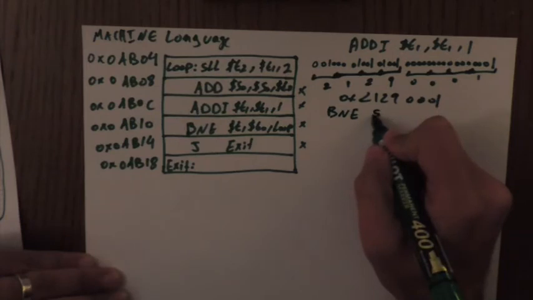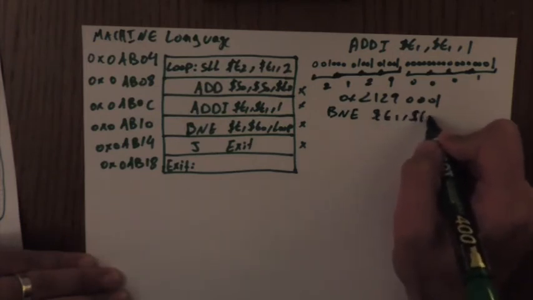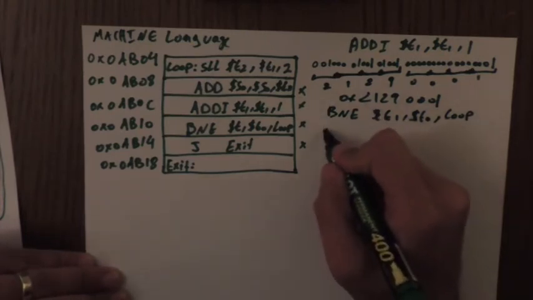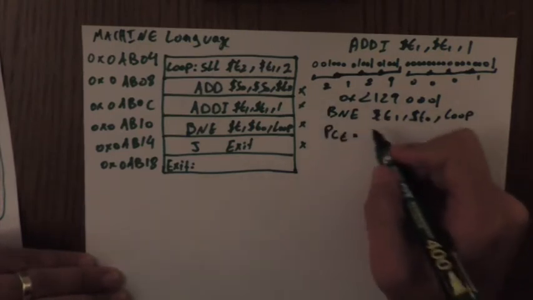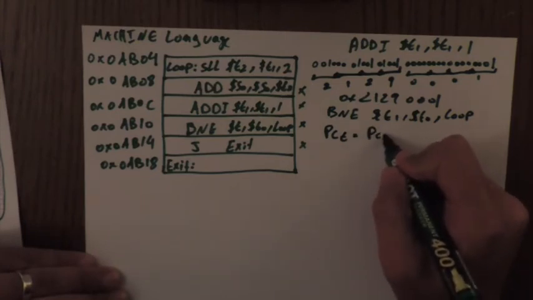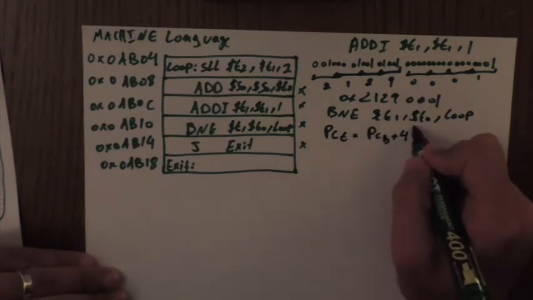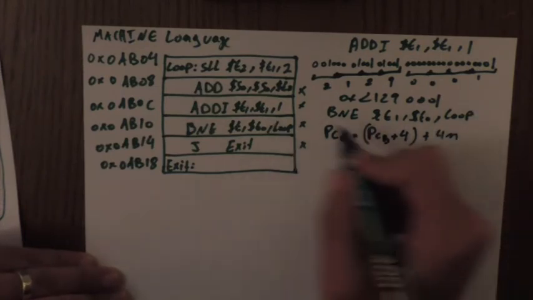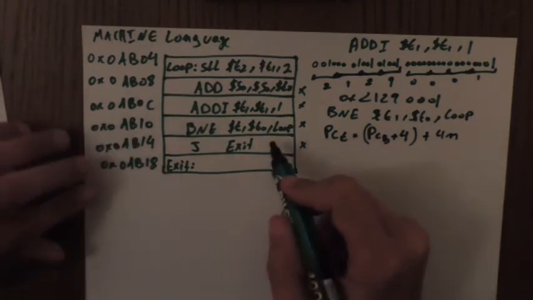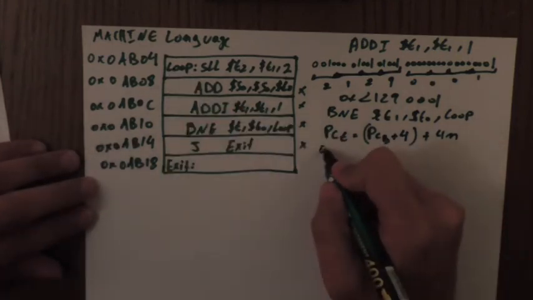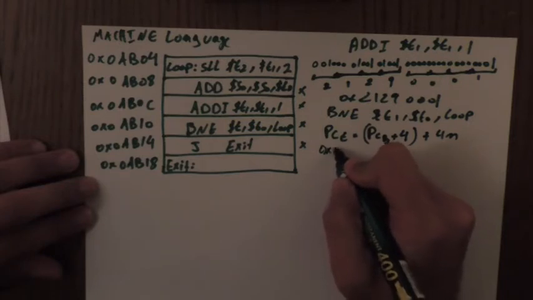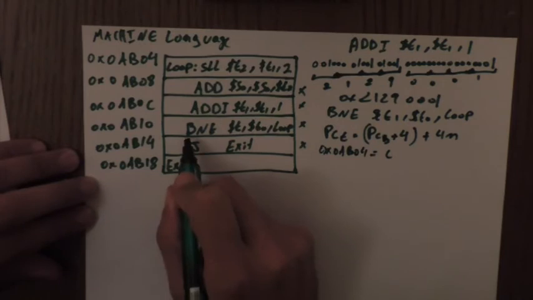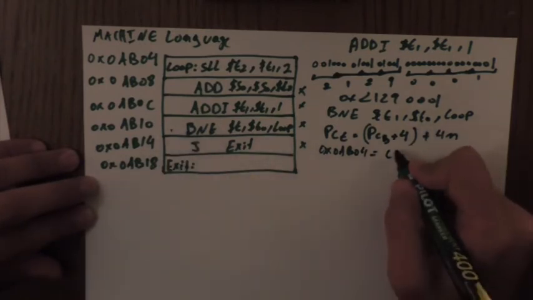For the branch not equal, $T1, $T0, loop. So we can use the formula: PC target is equal to PC of the branch plus 4, because we fetch the next instruction, plus 4n. So PC target is where I'm supposed to go, which is 0x0ab04, equal to PC branch, which is this guy, 0x